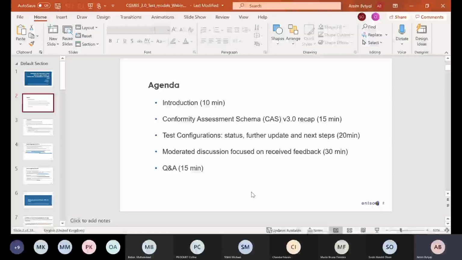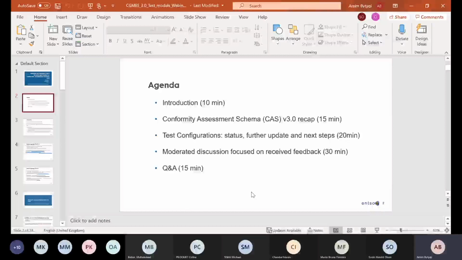In the agenda today, we have the following topics that you can see on the screen. We will have a 10 minutes introduction part, where you will be informed about the material and submission and other things. Then we will have conformity assessment schema version 3 for around 15 minutes.